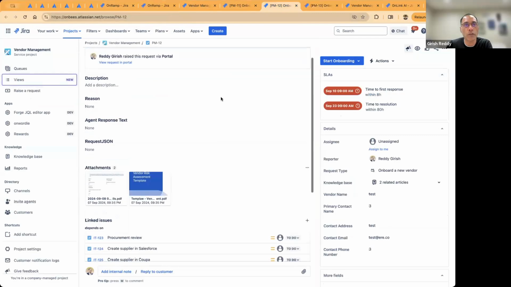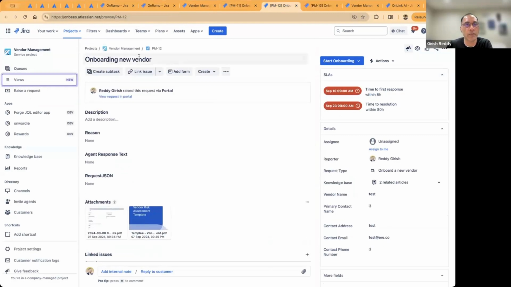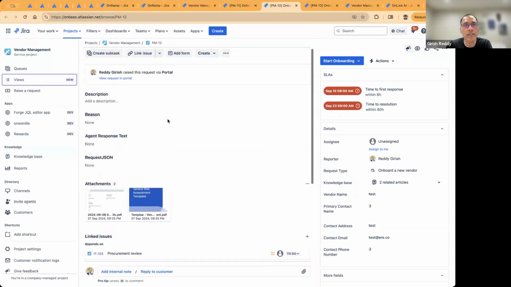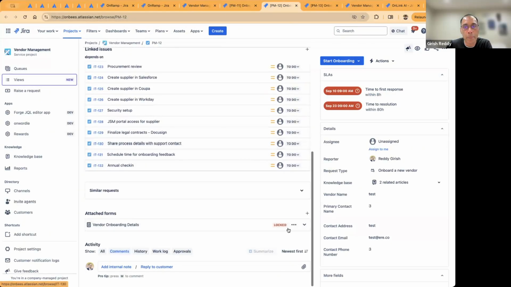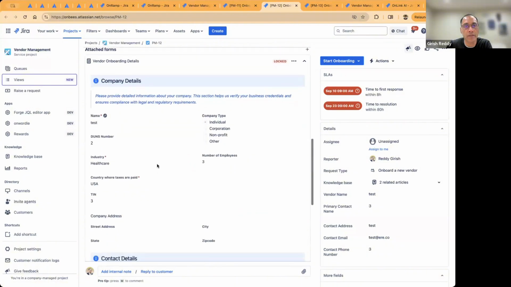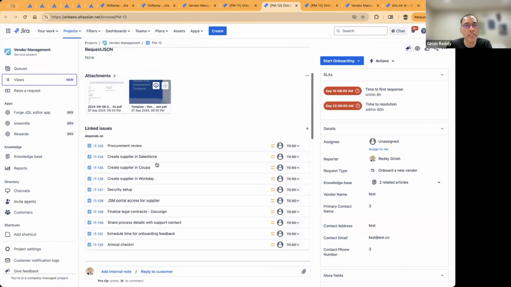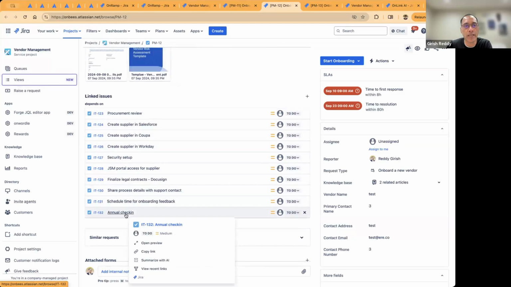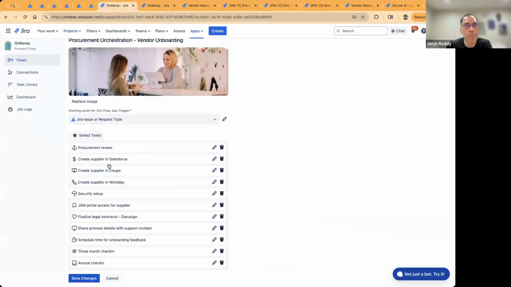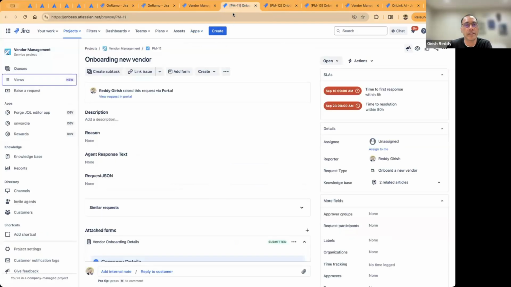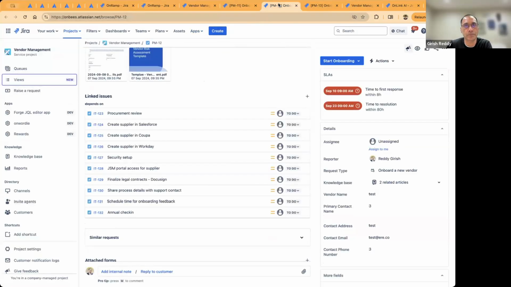Let me show you one of the previously created tasks. So this is another vendor that we onboarded, let's say last week. Here you'll see that the form details are available, and these are the form details that the vendor submitted. And then you can see the list of all the individual tasks that were previously defined in On-Ramp. So this is the exact list of tasks that we see here. And we are able to take what was defined in this flow and create the list of tasks as per